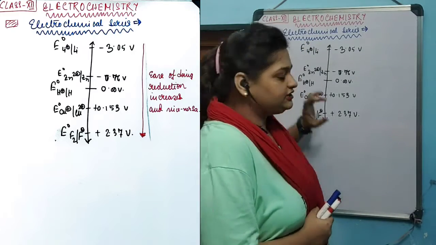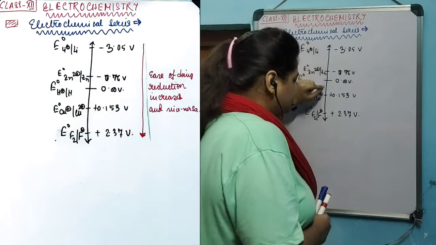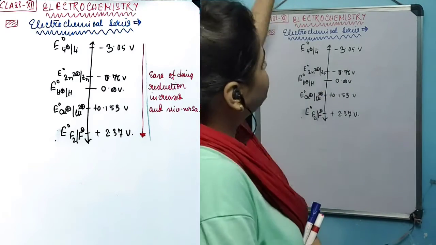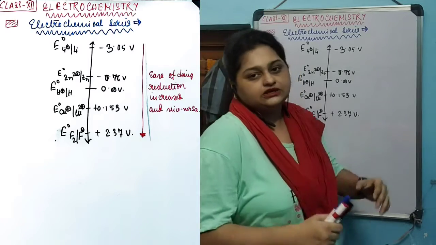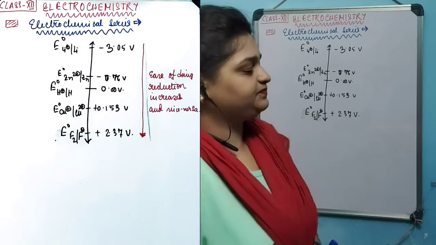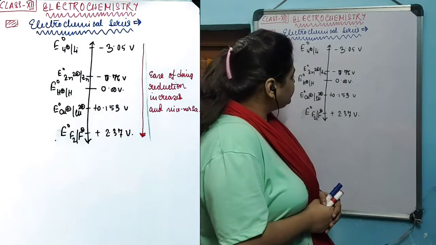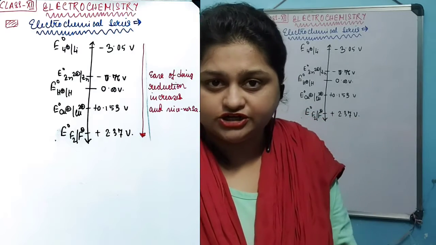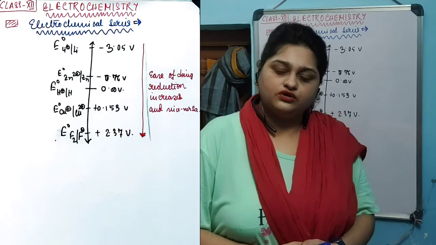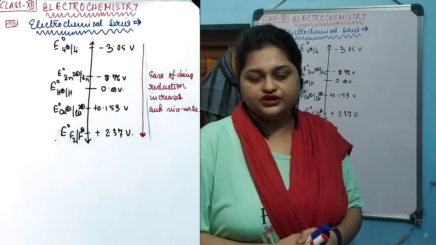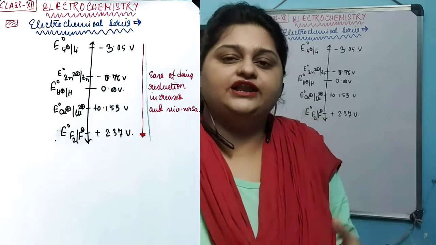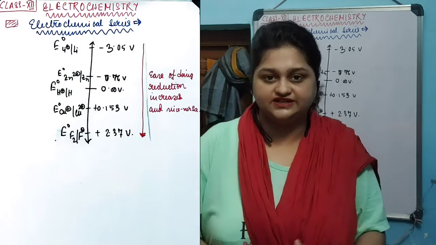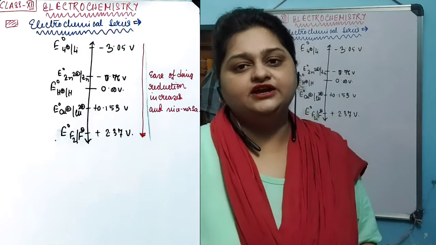The middle portion represents 0, moving down the positive values increase, and moving up the negative values increase. As this entire graph represents the reduction electrode potential value, from top to bottom the positive value increases, which implies that the reduction